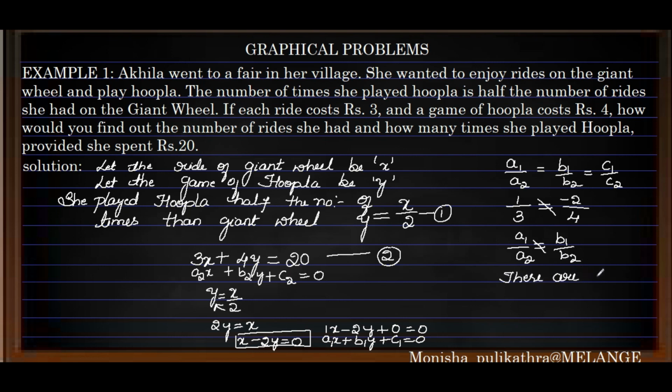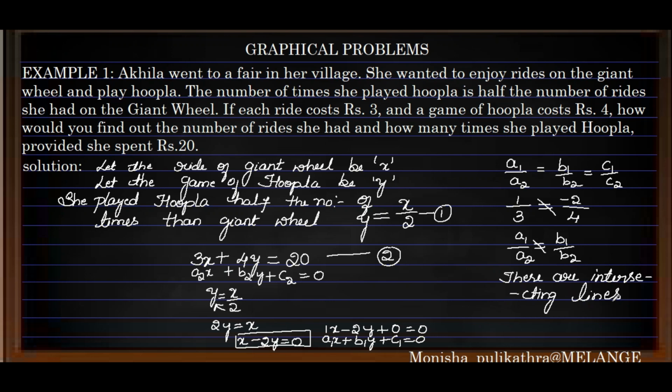these are intersecting lines. So these are the equations. When we solve it, we will get an intersecting graph. This is the thing you need to find out first, because we need to know what type of graph we will get after representation, whether it is intersecting, coincident or parallel.